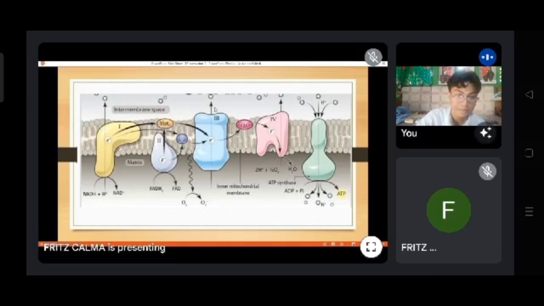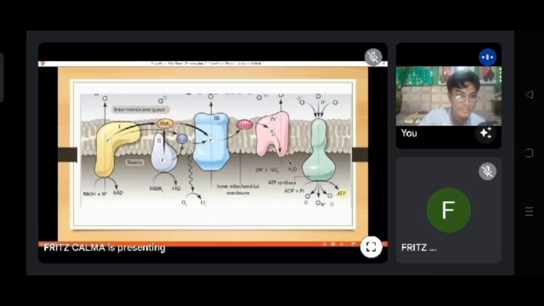Yung electrons po, ipapasa nyo po kay complex 4. And then yung electrons na nandito kay 4 will give off its electron to our oxygen, and pagkakuha ni oxygen, will attract hydrogen ions forming